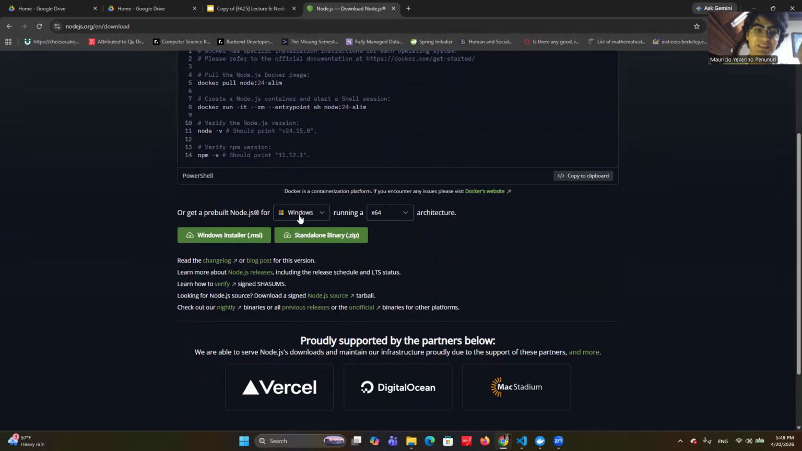Well, it depends on what type of machine you have. If it's a Mac OS, you'll probably have to get the Mac OS one. If you have Windows, you'll probably have to get Windows. And you're gonna have to choose the architecture of your computer. In case you want to make sure that you install the correct Node.js installer, you can go